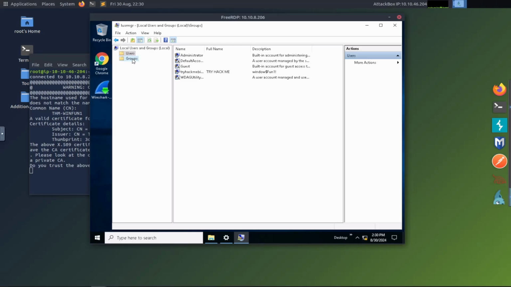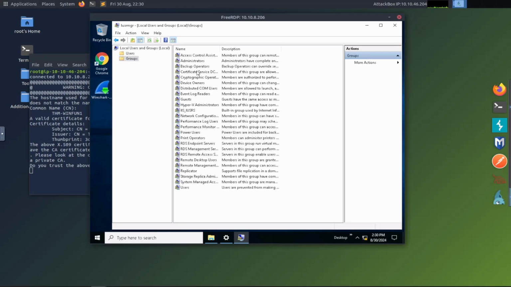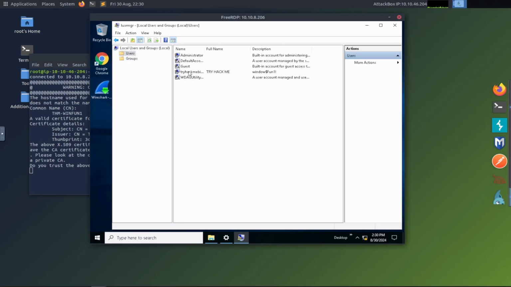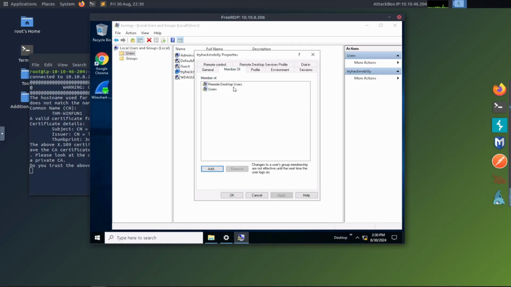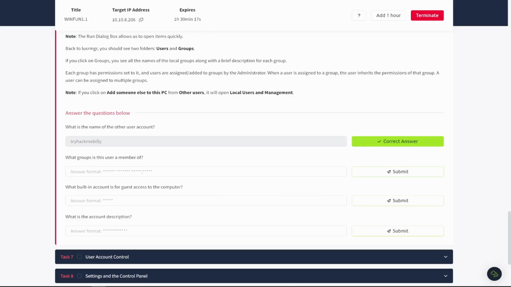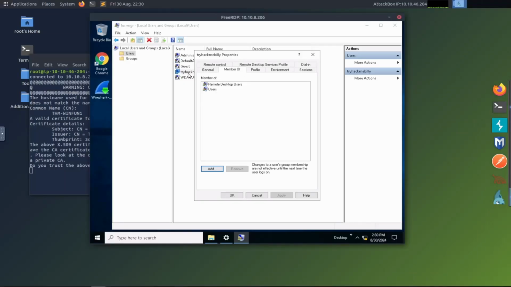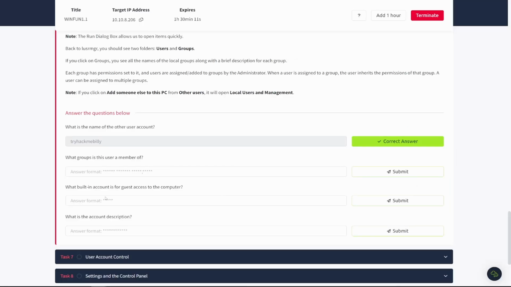Do I go to properties, or can I just go to groups and see it? You know what? I bet I can just go to properties. Member of Remote Desktop Users and Users. So just right click, went to properties, found that. So he is in the group Remote Desktop Users,